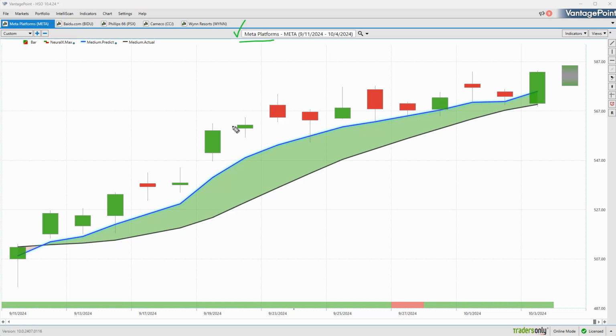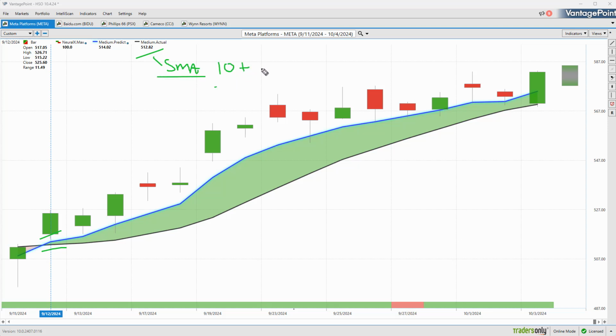So what you're seeing here is daily price action. Each one of the candles is going to represent a full and complete trading day. And the first thing that should stand out, right up against all that price data, is a black line and a blue line value. Now, the black line that you're seeing there is actually a simple moving average. This is a very common technical analysis indicator. In this case, it's a 10 period. So it would look back at the previous 10 close prices, add those all together, and then divide by that